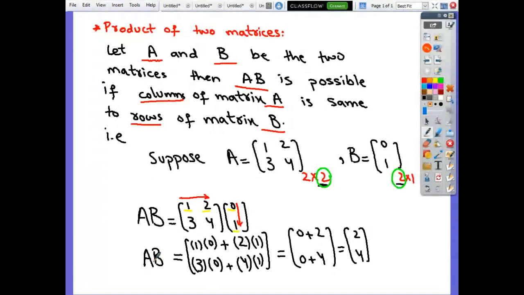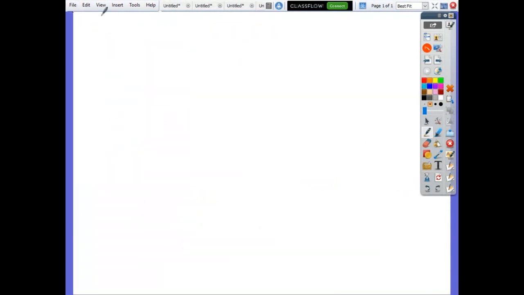Okay, open page number 20. Exercise 1.4. Page number 20. The first question is,